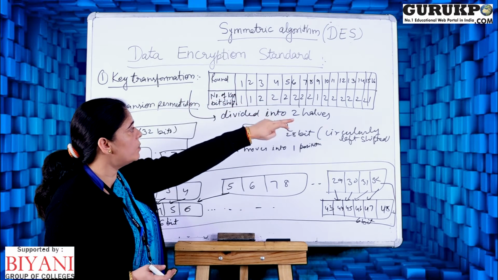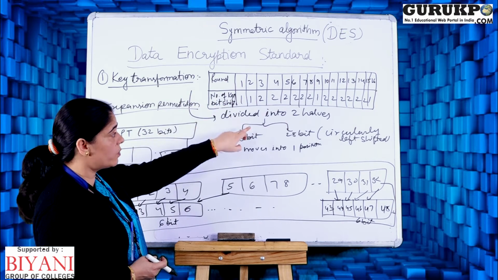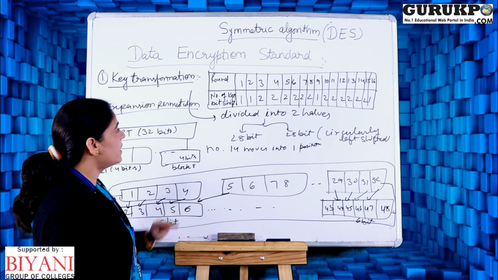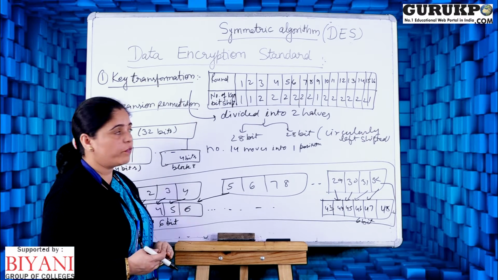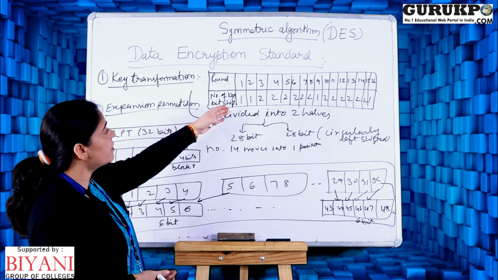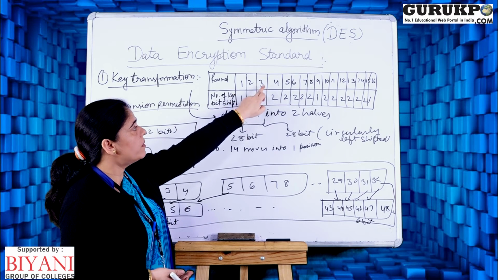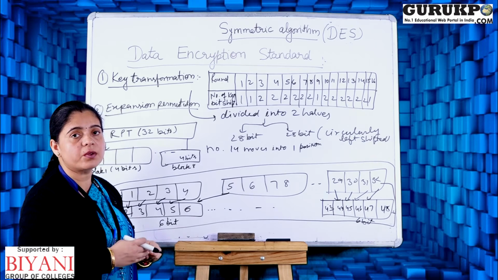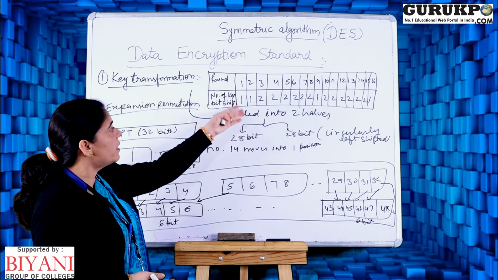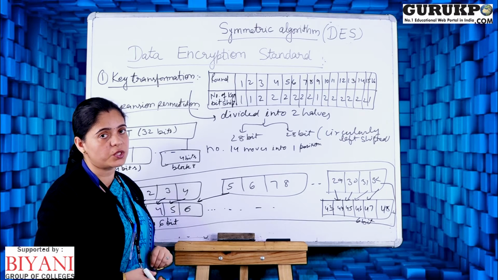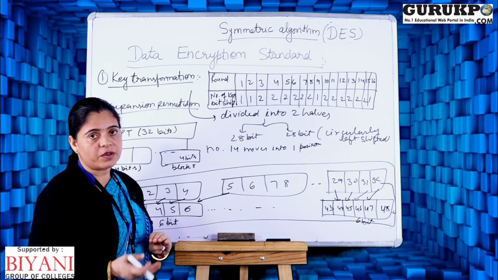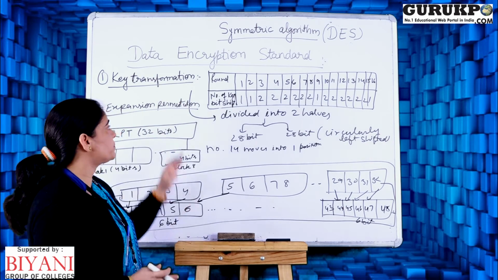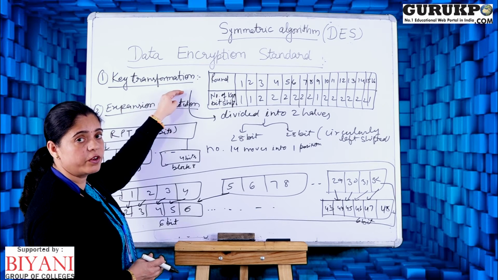Suppose there are 16 rounds and the number of key bits shifted circularly is one or two positions only. So we will decide in which round the circular left shift will be by 1 position or 2 positions. Here we have decided that rounds 3, 4, 5, 6, 7, 8, 10, 11, 12, 13, 14, 15 will be circularly left shifted by 2 positions, and the remaining rounds will be circularly left shifted by 1 position. After the circular left shift, the resulting key is generated, and its size is 48 bits. So in this way the key transformation step will be done.